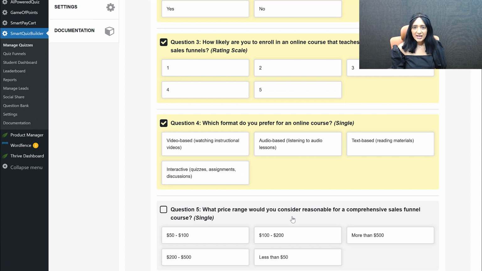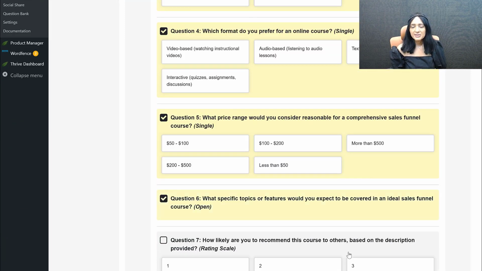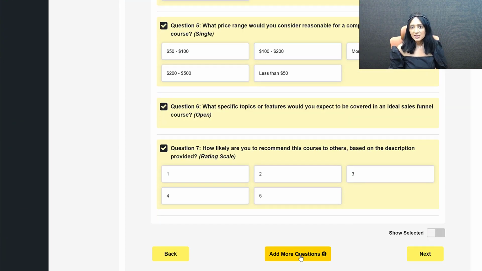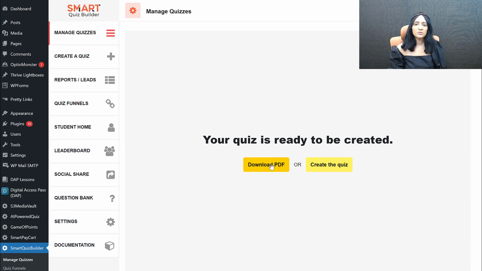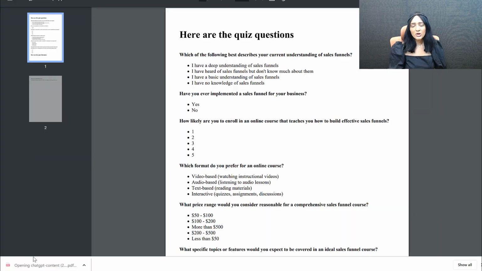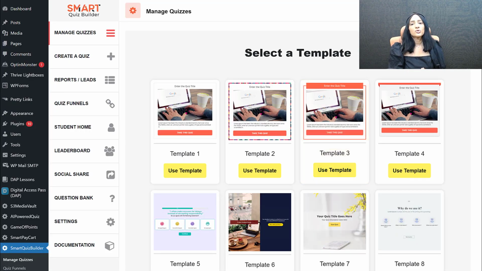Yes, you can do personality quizzes. Yes, you can do scoring quizzes. Yes, everything is completely automated. And now on top of all of that, you can also do all kinds of surveys. It's not only going to save you time, money, effort, it's also going to give you so much data from